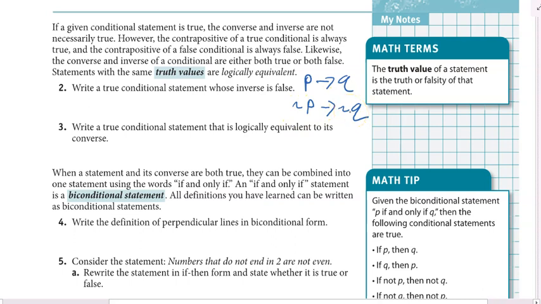All right, so I need to come up with a conditional statement that's true and then do the inverse and have it as false. Okay, so I guess we could keep going with shapes like we just did. If a figure is a square, then it has four sides, is a conditional statement, and that's true. Obviously we know a square has four sides. That is true. So the inverse would be